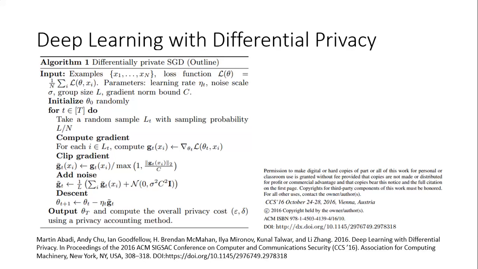And so instead of picking the epsilon and adding however much noise I need to achieve that epsilon, they use something called the privacy accountant. As they train their algorithm, they're choosing values of C and values for the standard deviation of the noise, but they're keeping track of how much privacy is lost in each step. And then at the end of the entire algorithm, they output the values of the weights for their model and the overall privacy cost.